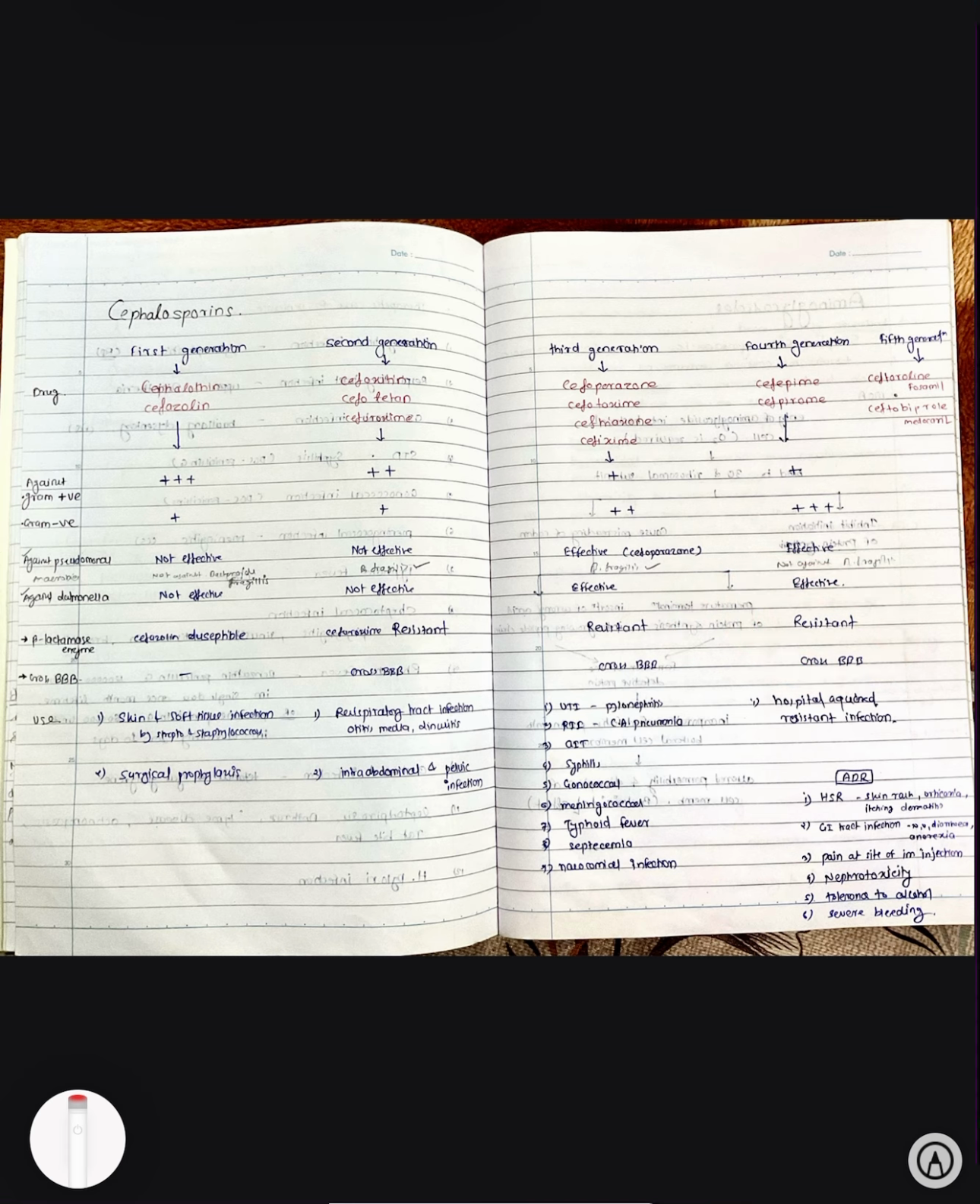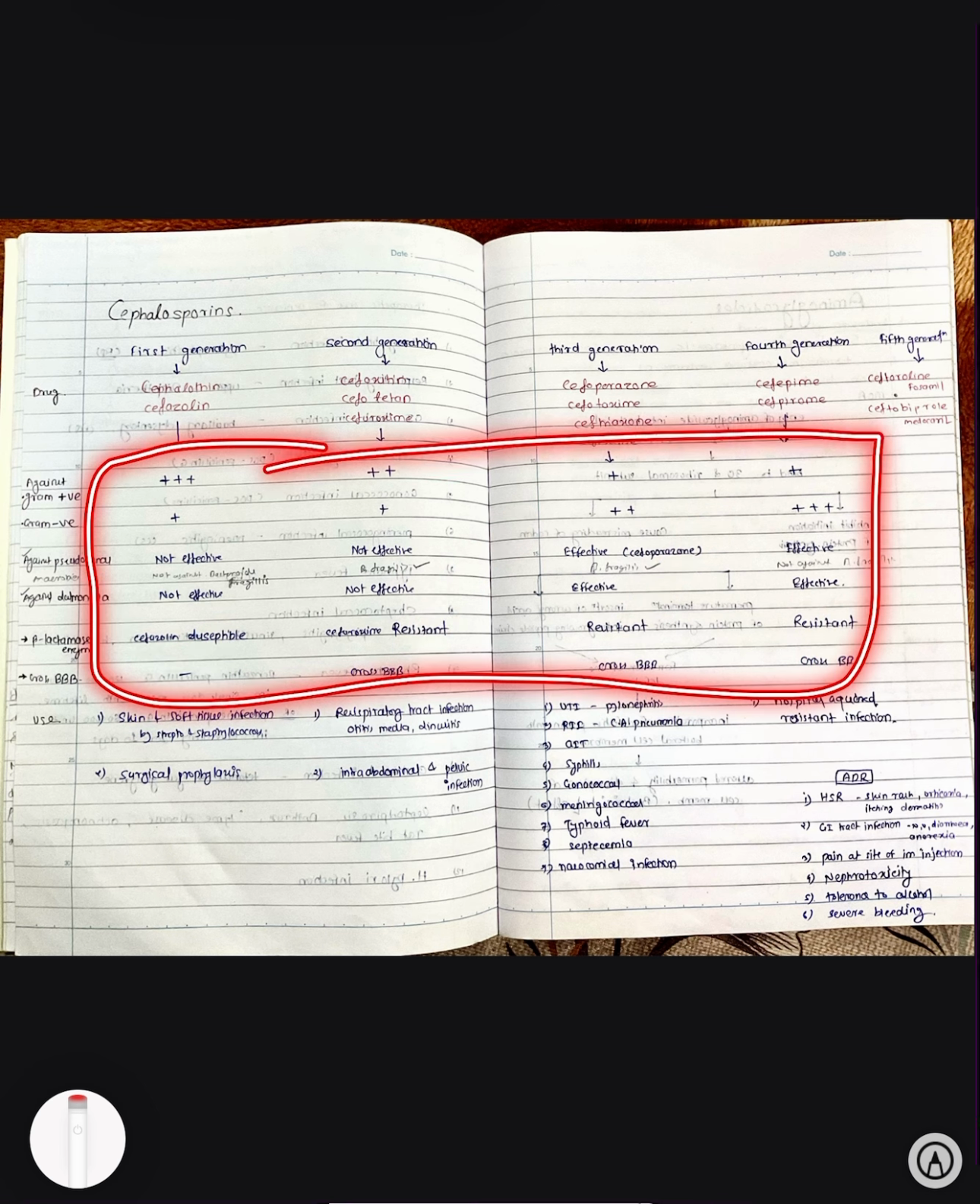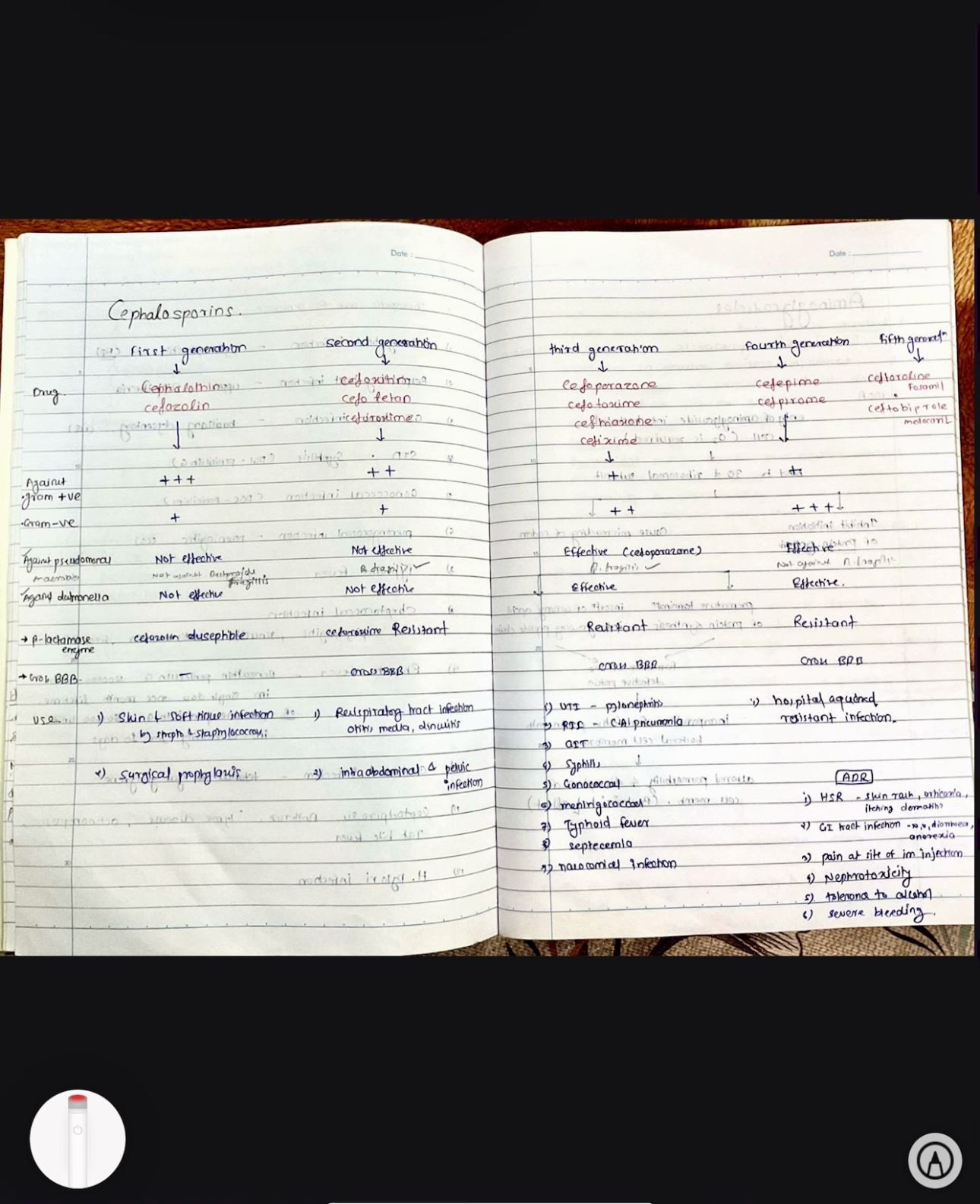Then, do they cross the blood-brain barrier or not? The first generation will not cross, the second generation can cross the blood-brain barrier, the third generation can cross the blood-brain barrier, and the fourth generation can cross the blood-brain barrier. So these are the different points, or differences, about the different generations of cephalosporin: first generation, second generation, third generation, fourth generation. So you can write down the differences, and now you know a lot of information about every generation